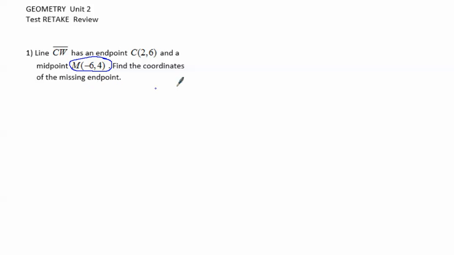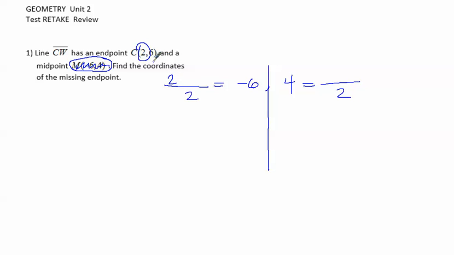So we take this midpoint, write it down again over here, and I scratch it out from the problem, because from each number I'm going to extend an equation. These equations will be following the midpoint formula format, taking the x value from the given endpoint and putting it on the x side, and taking the y value of the given coordinate, putting it on the y side. Because we are missing an endpoint, we have to add an unknown x, and an unknown y to